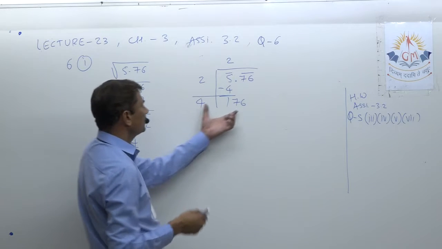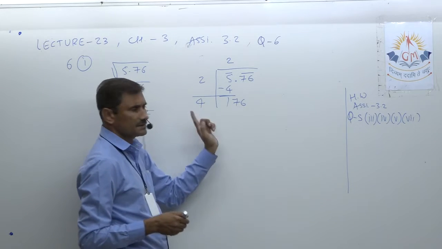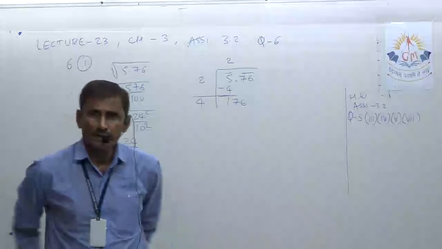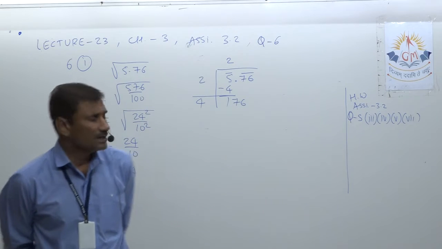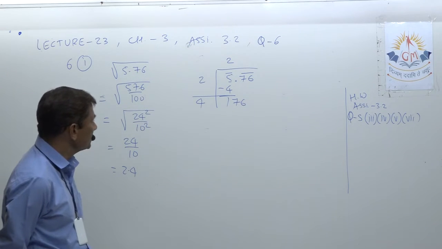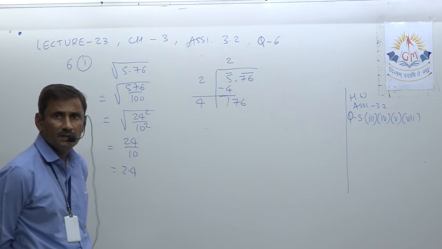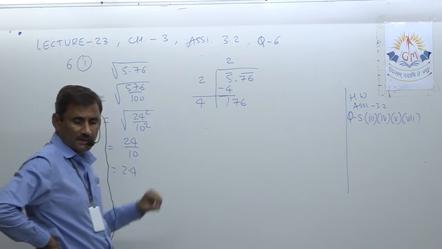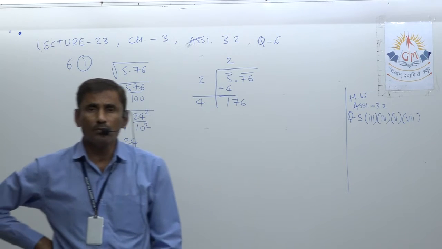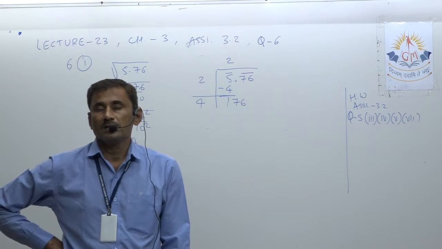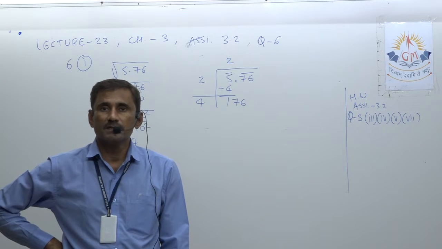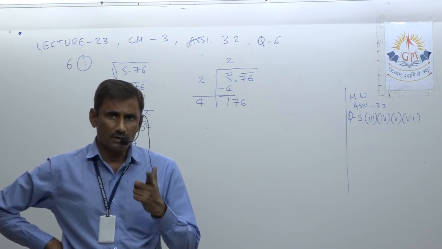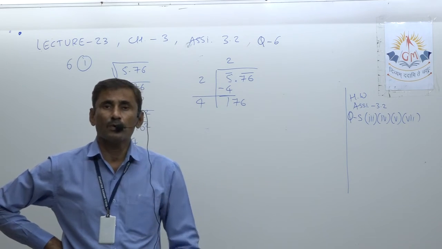Now look here. You want 176. So you start: 41 1s are, 42 2s are, 43 3s are, 44 4s are, like that. And you can get an idea also that the last digit is 6. So maybe either 4 will be here, otherwise 6 will be here. Because if the last digit of a number is either 4 or 6, then its square has unit digit 6. So that way you can estimate, but not surely. You just verify and go on.